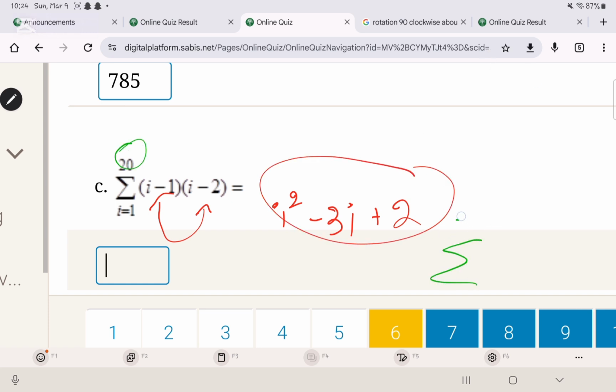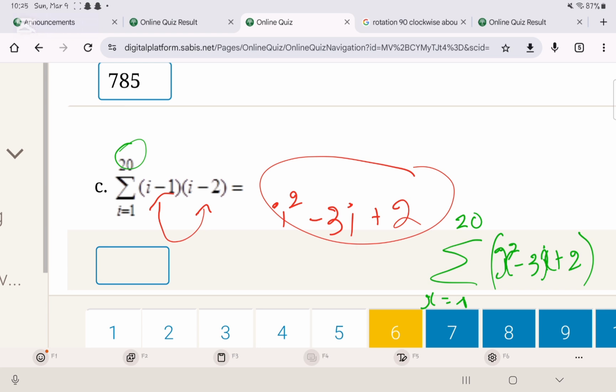So you will put 20 on top, x is equal to 1, open brackets, I squared minus 3I plus 2. Instead of I, put x, so it becomes x squared minus 3x plus 2. So let us do it, shift log, okay? 20 on top, 1 at the bottom, and then